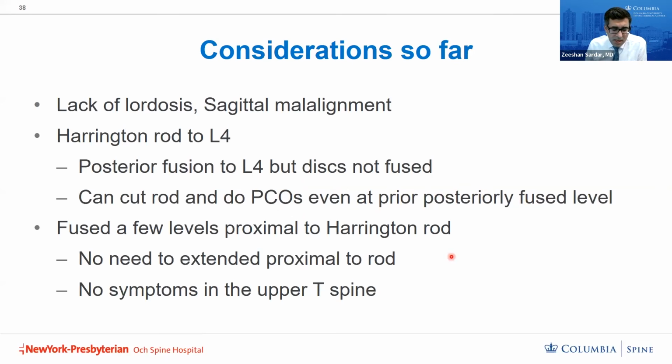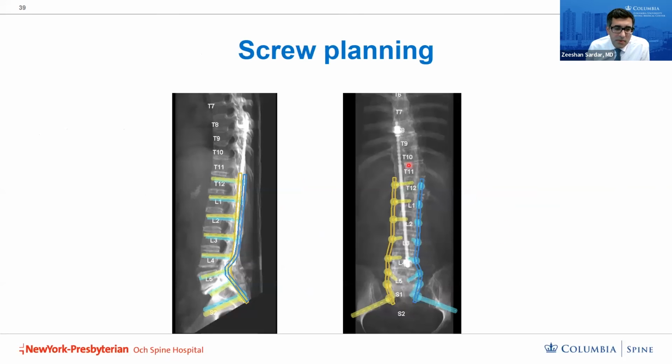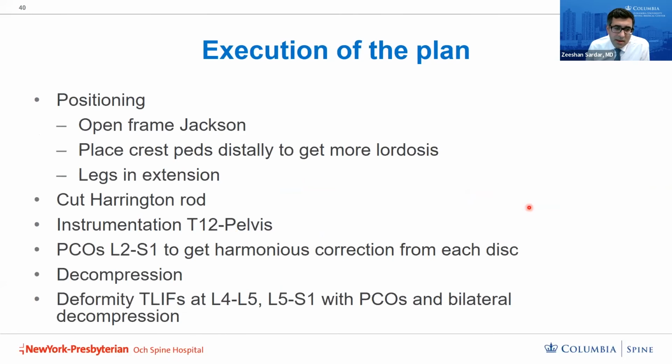Typically, for most of these cases, there is not a need to extend proximal in the thoracic spine, because usually they're not symptomatic from that, and the rate of PJK is not that high. And so this is, again, we kind of planned our screws around the rod. I did cut the rod,